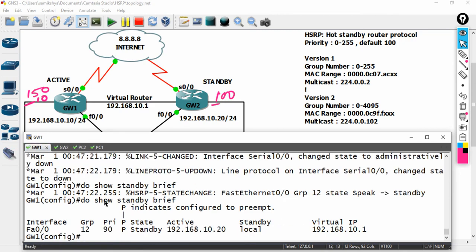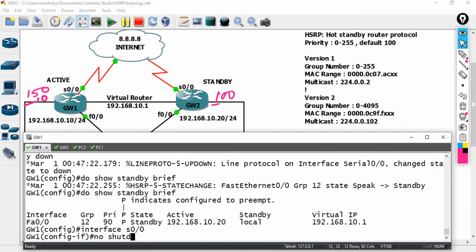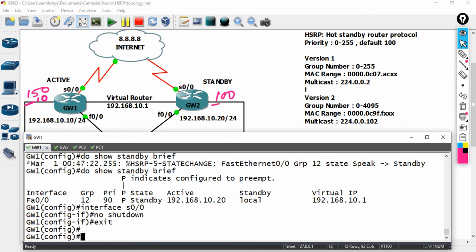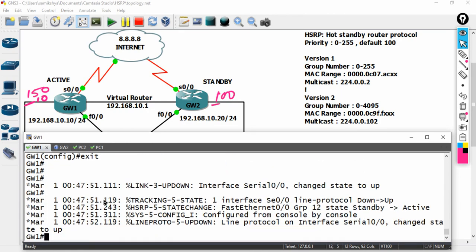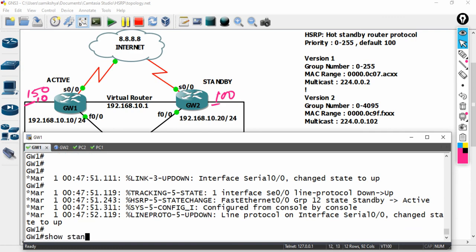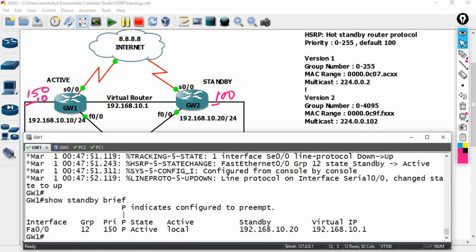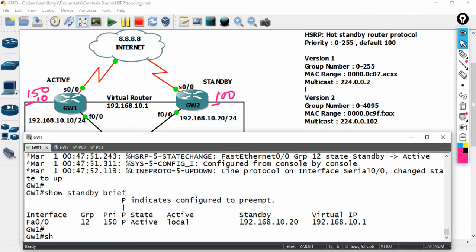And whenever it comes back, then again it will regain the position, so now it became the active router. So this is how you can configure HSRP.